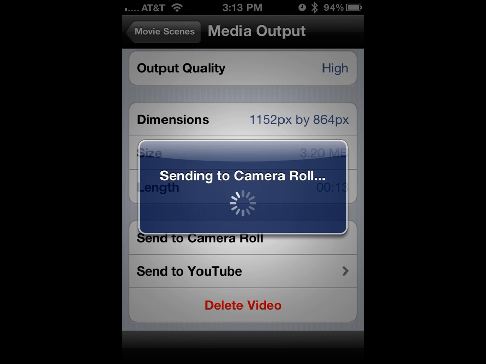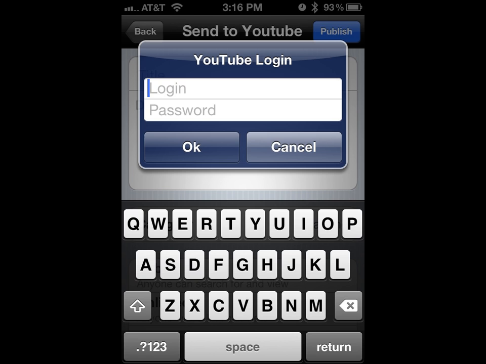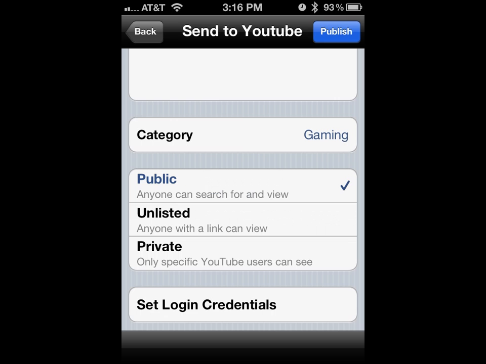So the biggest thing is actually sending to YouTube, and I've been discussing that for a little bit. But what's nice is you can save the credentials over multiple exports, which is quite nice. The password is saved using the keychain system that iOS uses, so your password is safe, and then your login is there available. So you can set your credentials, and you can set the category, whether the video is public, unlisted, or private,